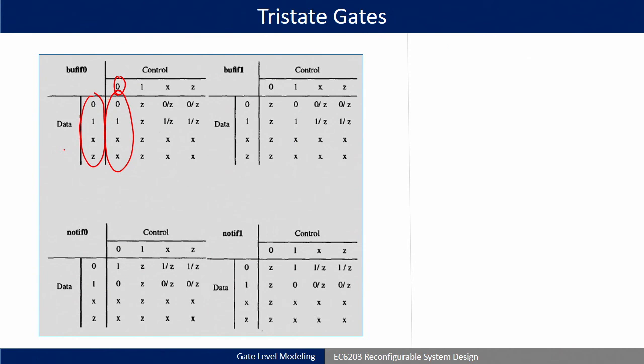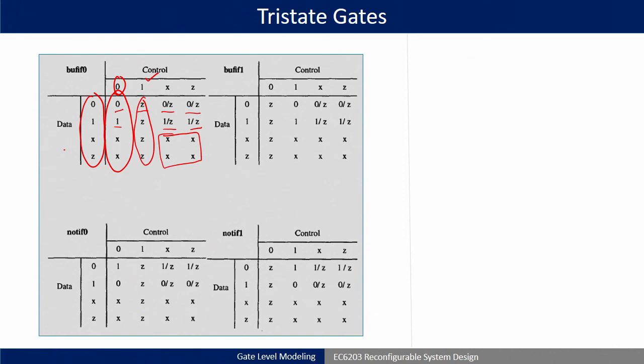buffer. Okay. So, when control is 1, the output is directly Z. And the rest of the cases are a combination of these: if you see 0 and Z, it is 1 and Z, understood my point? This is a combination of these two, okay, and in this case it is X. So, accordingly you can remember the table, it is easy to memorize also.